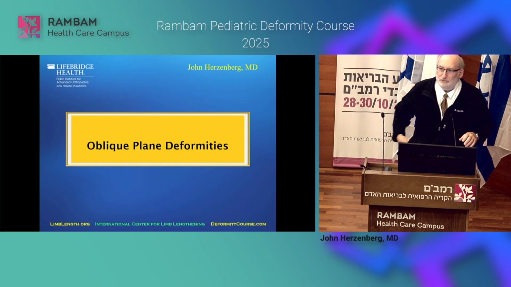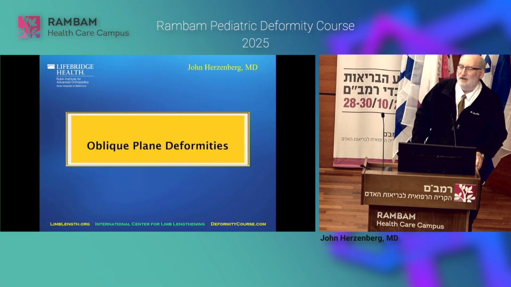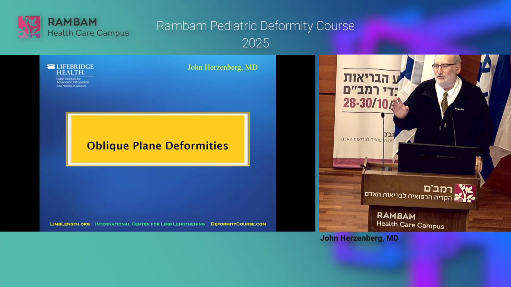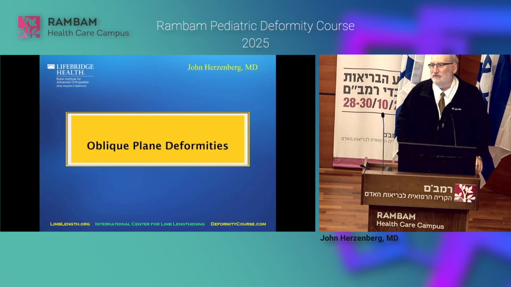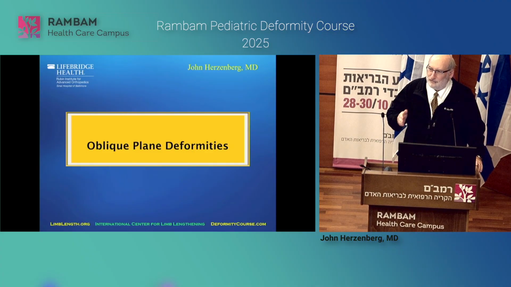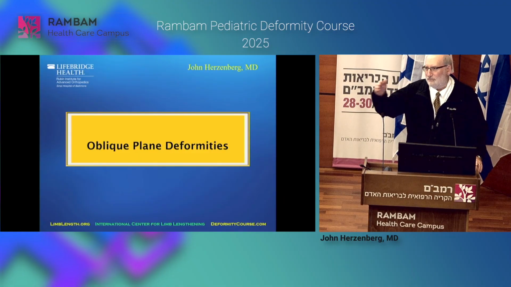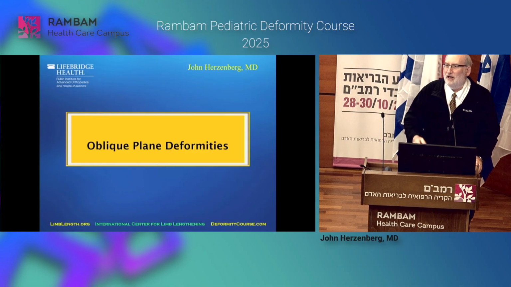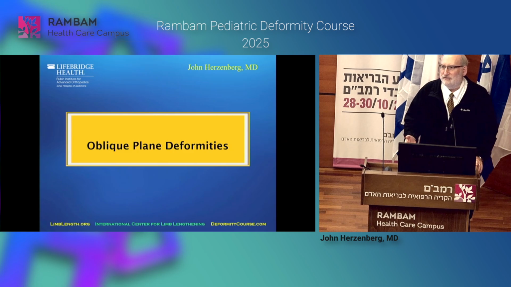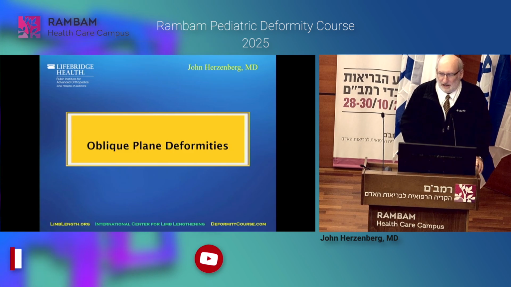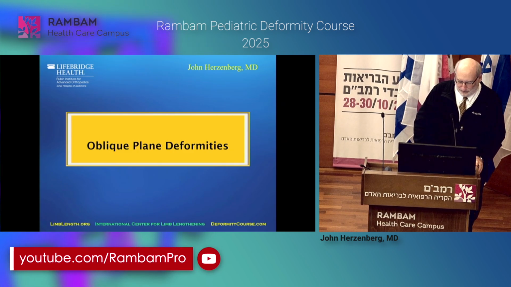I don't like to do big lengthenings distally. So if I have a valgus distal femur, I don't want to do 8 centimeters of lengthening distally. It affects the quadriceps a lot. So sometimes it's better to divide it into 2 operations or do partial proximal plus a distal correction. And of course now we have internal lengthening devices, so I avoid external fixation as much as possible.